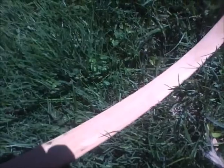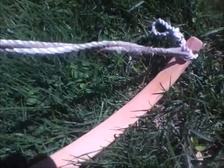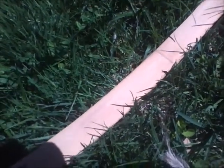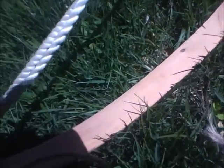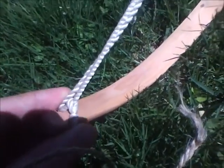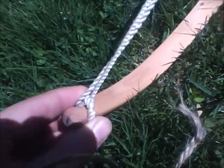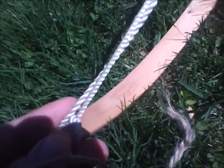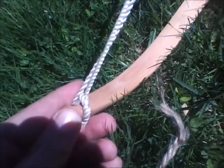I want to show you guys the grain I have on this real quick. I don't know if you can even see it. The screen on this iPod kind of sucks. But for the most part, down the center of the bow, there's a single growth ring. In a couple places I went through, but it's not really going to matter for this guy because yew-wood is pretty resilient to it. But if you're a safety freak and you want to make a bow that's going to have very less chance of breaking and bend, probably like 1/4 of an inch more,